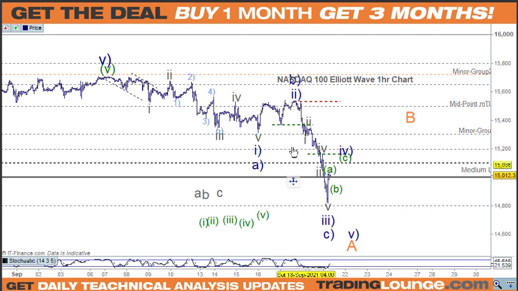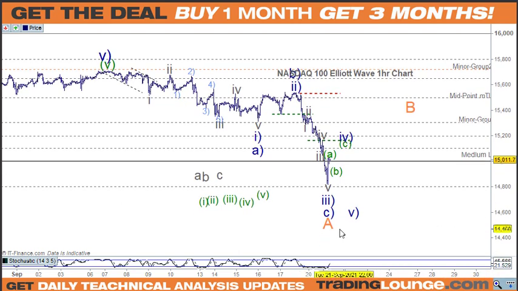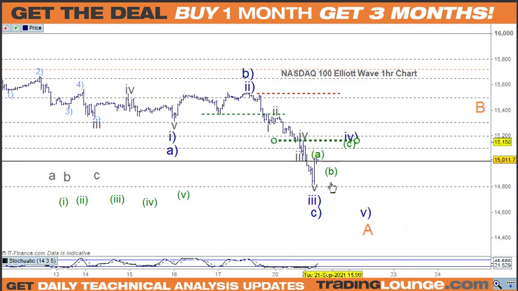The next thing is that this move down through here can be counted as an ABC pattern, and that ABC pattern can also be the wave 5 there. So sorry, the orange wave A there, that could be the case there. So first of all, let's go to the most likely scenario, that we've got 5 waves down here for wave 3, an A wave, a B wave, and a C wave coming back